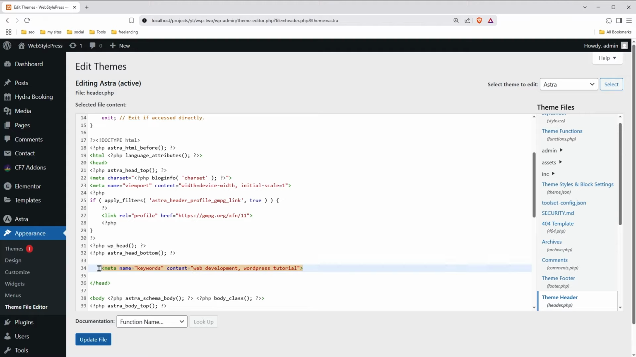But this is wrong because the header.php file is common. If we do it like this, these meta keywords will be appearing in all posts, in all pages. And that is what we don't want. What we actually want to do is to dynamically add keywords via the functions.php file. So delete this, update file,